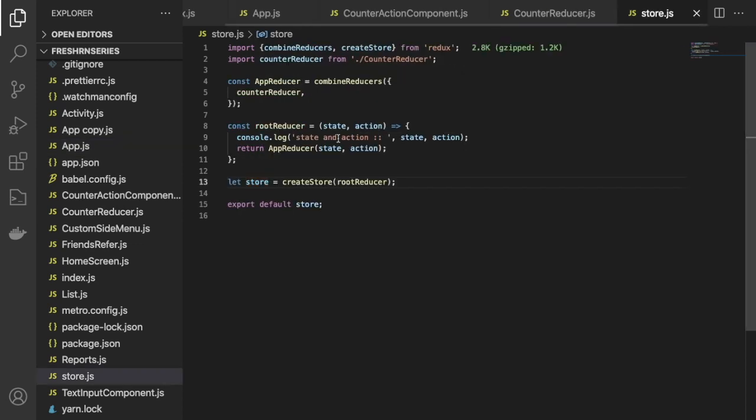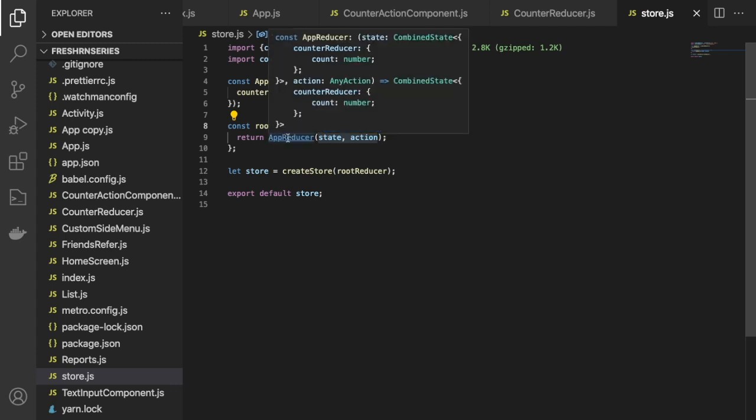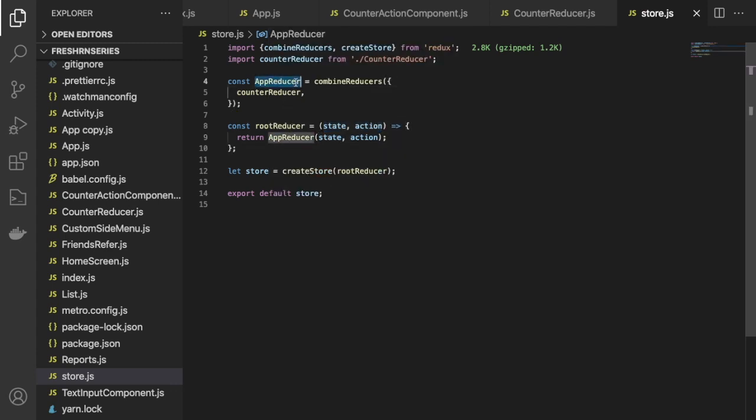Inside the store, we are creating the store and passing the root reducer here. This is a function where we are passing the state and action, and we are calling another function. In this we are combining all the reducers, because right now at this point of time we have only one reducer for the counter application.